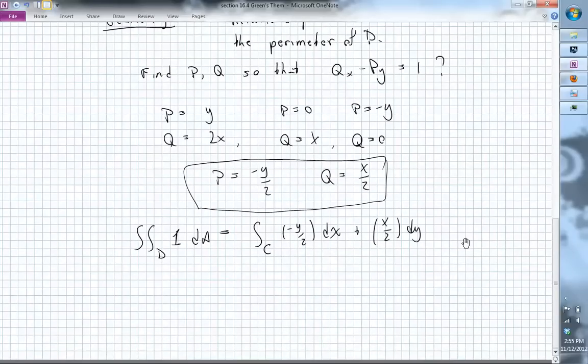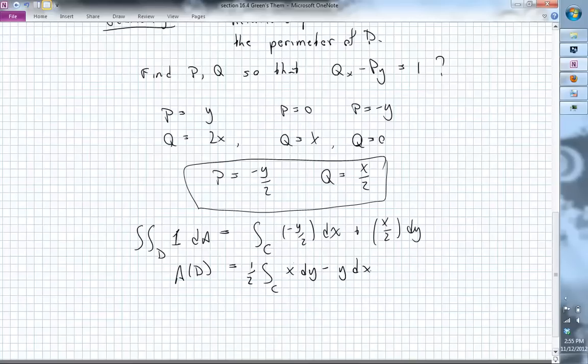Now, what is this thing on the left-hand side? The integral of 1 over D dA. It's the area of D, which I'll write like this. So what we see is that the area of D is equal to this integral on the right-hand side, which I'll write in a slightly friendlier way also. And you get this interesting geometric